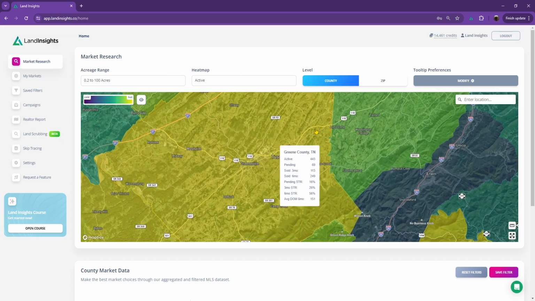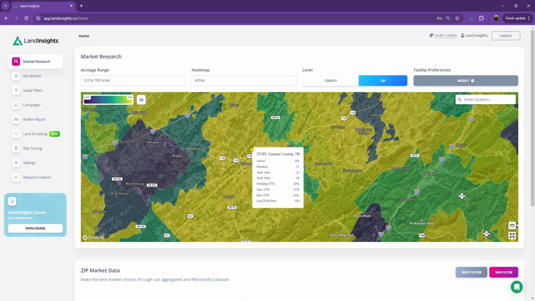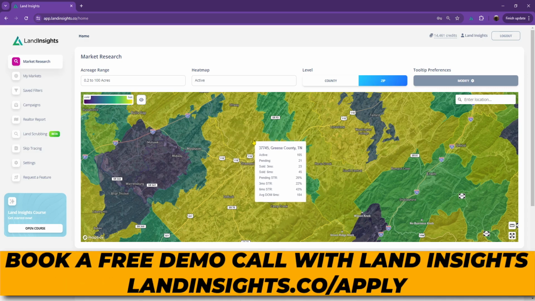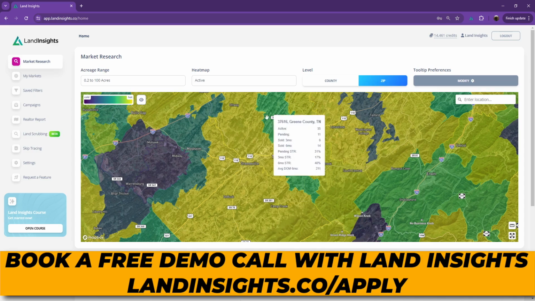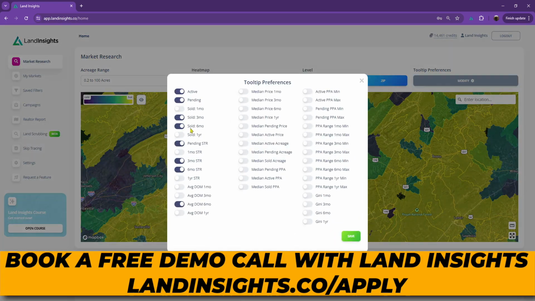unless I want to drill in a tiny bit deeper, look at the zip codes, and just do kind of a final pulse check on that market to make sure, hey, is there one zip code that's outperforming the rest, or maybe is there anything worth marketing to here? So that is using the tooltip for